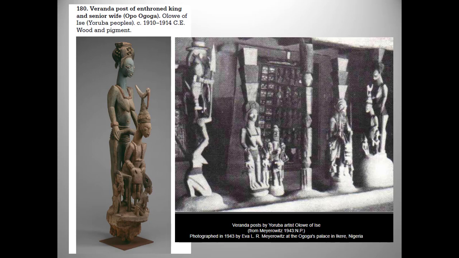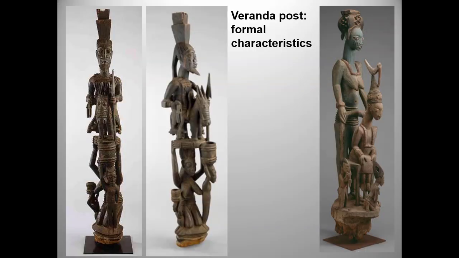This photograph was taken in 1943 before the veranda was disassembled and the veranda posts were scattered in museums around the world. So what formal characteristics do these works have in common? Here's what the Metropolitan Museum of Art website says. This monumental work was one of a series of carved architectural supports designed for the exterior courtyard of a Yoruba palace. It was commissioned by a king from the most renowned master sculptor in the history of Yoruba art, Olowe